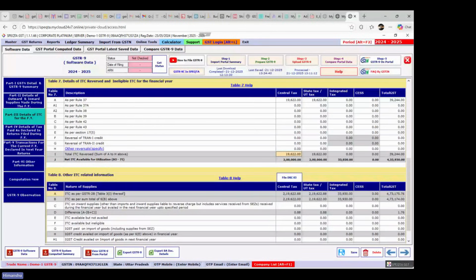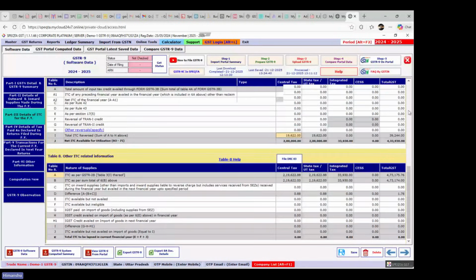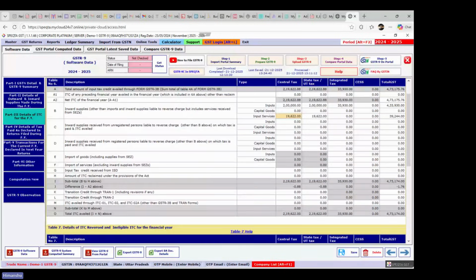Now you can see what will be the implication of this reversal. Now the question arises, as per the provision, we can claim this ITC in subsequent financial year whenever